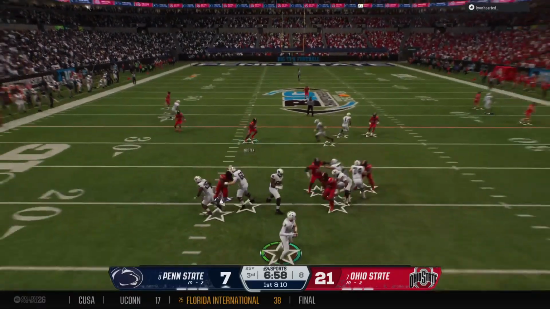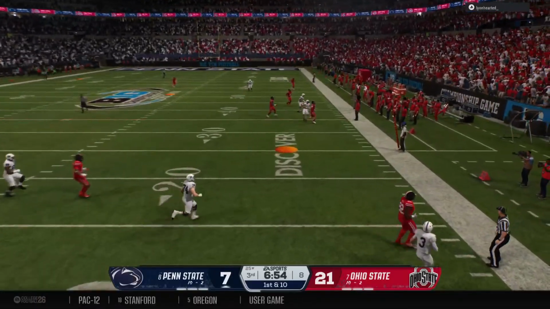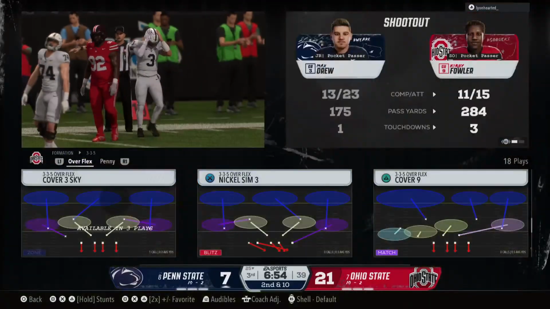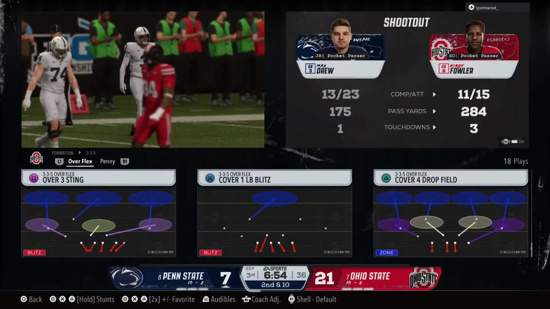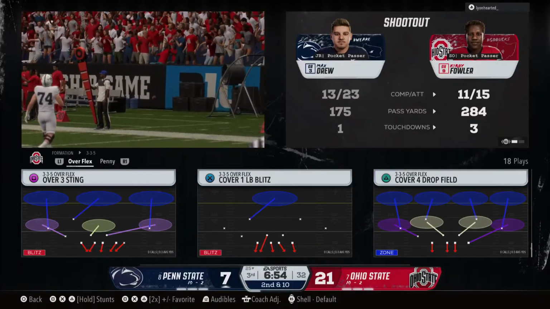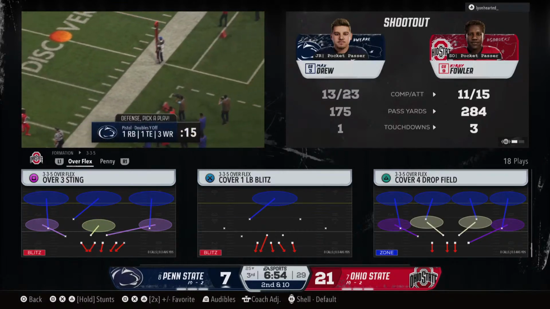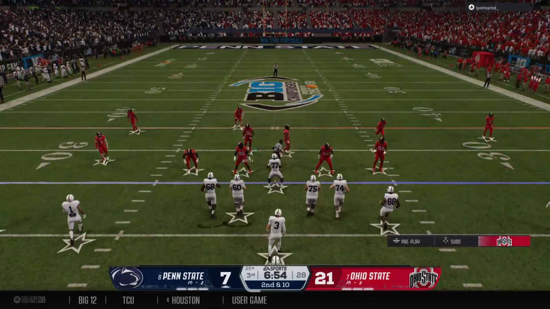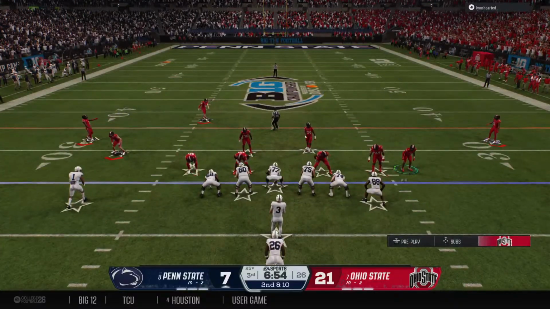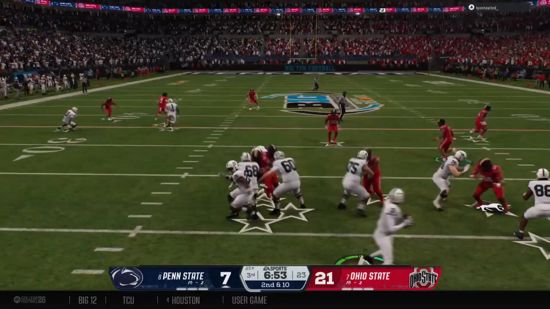Off the play fake on first down. Looking to scramble. Nothing open downfield, so they'll just throw it away. Man, I like this play. Not only is it the right play, throwing it away like that, but given that he had no other option, he just did what he's supposed to do to survive and get ready for this next down. So second and 10 from the 25. Important to get something here to avoid that tough third and long situation.